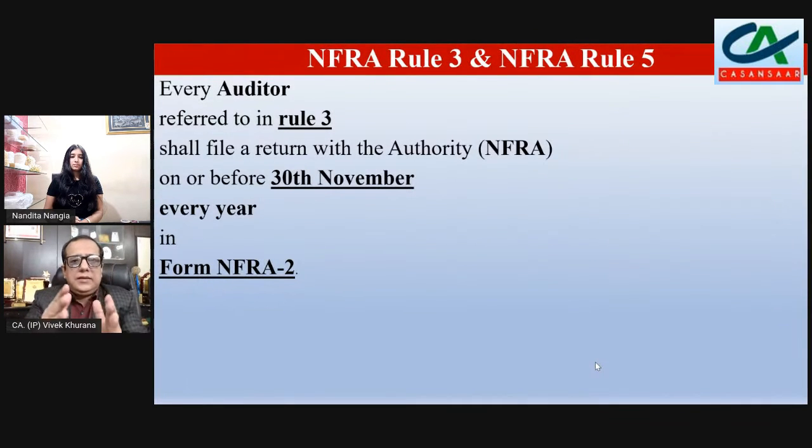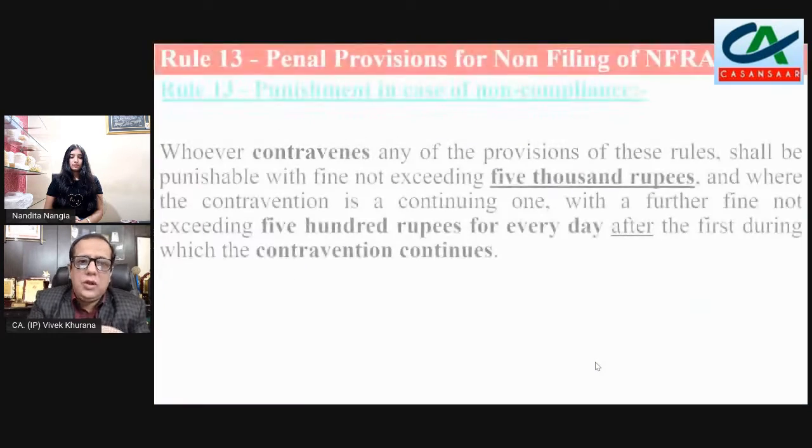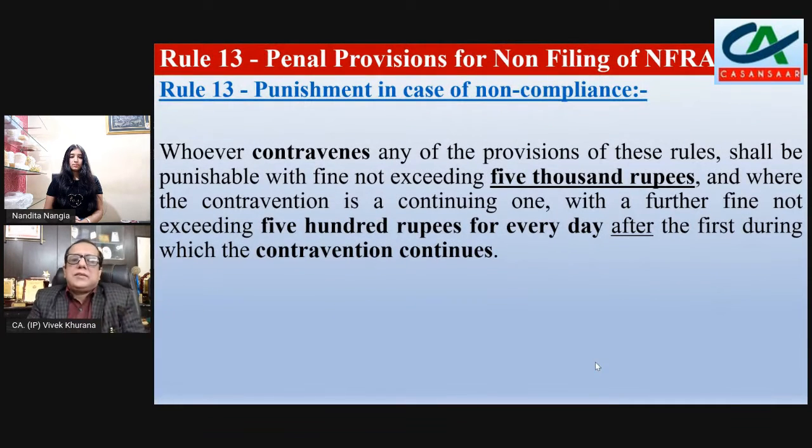And if we look at Rule 3 and Rule 5 combined, every auditor referred to in Rule 3 shall file a return with the NFRA on or before the 30th November every year in NFRA Form 2. Now another rule is 13: if you do not comply, if you are a non-filer, if you do not file the NFRA 2 form, then punishment is there, punishment in case of non-compliance. So Rule 13 talks about whoever contravenes any